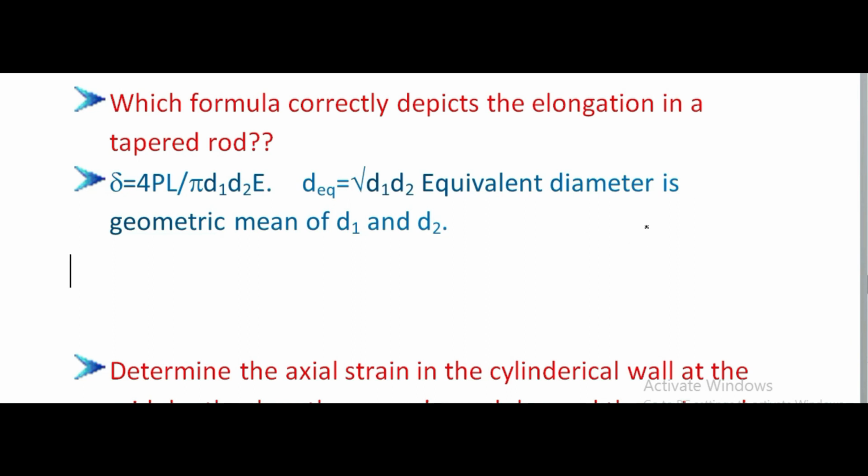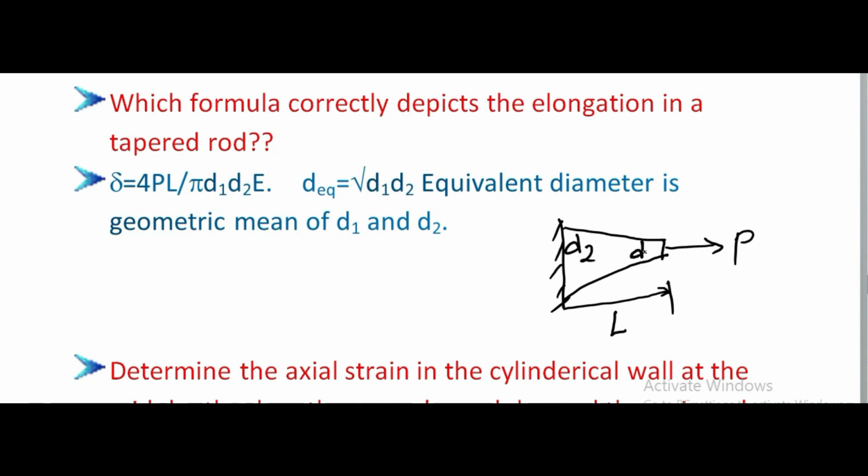It means taper rod का जो एलोंगेशन के रिस्पेक्ट में फार्मूला पूछ रहा है. टैपर रड कैसा होता है, इस तरह का टैपर रड है, ये टैपर रड होते हैं इस तरह के. तो इसका पूछ रहा है आपको डेल्टा लेंथ जो होता है, चेंज इन लेंथ, उसके रिस्पेक्ट में फार्मूला क्या होता है. दैट इज लेंथ दिया हुआ है और ये आपका D2 है और ये आपका D1 है. ये है D1 और ये आपका D2 दिया हुआ है.